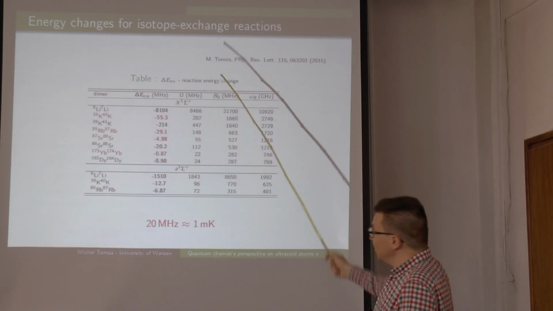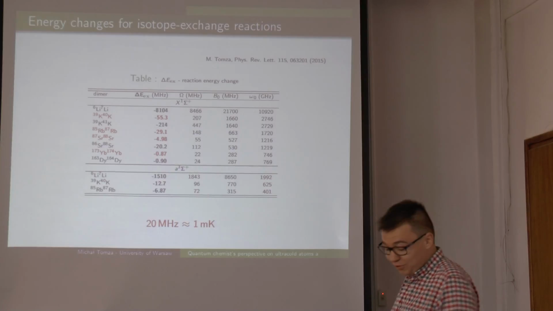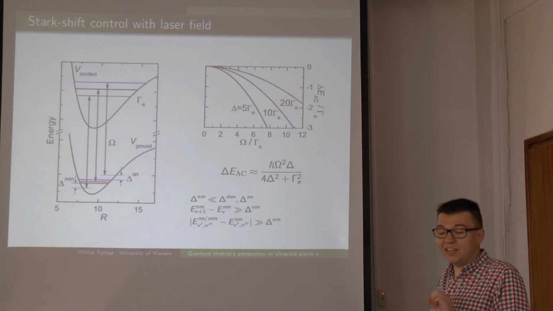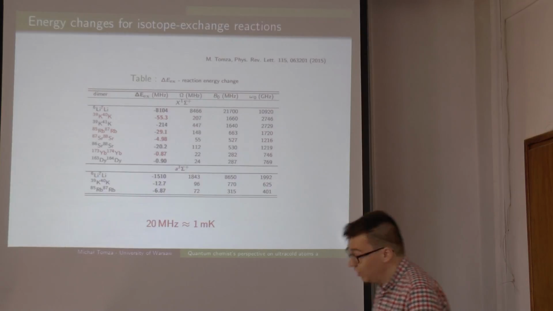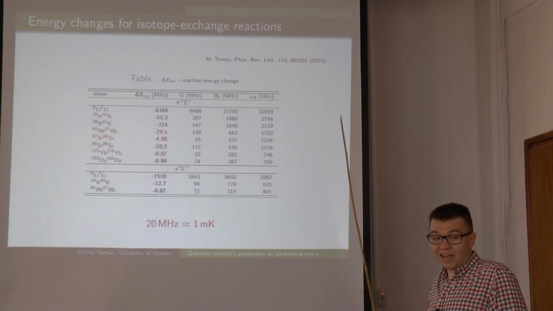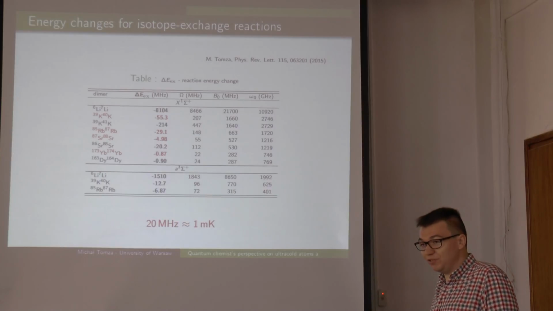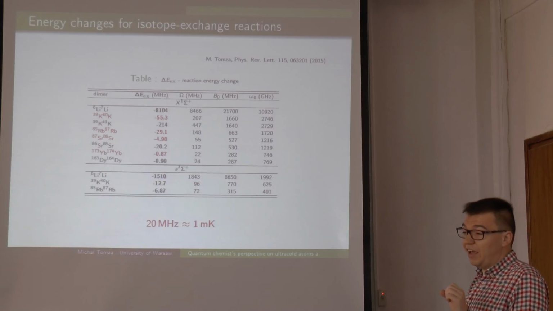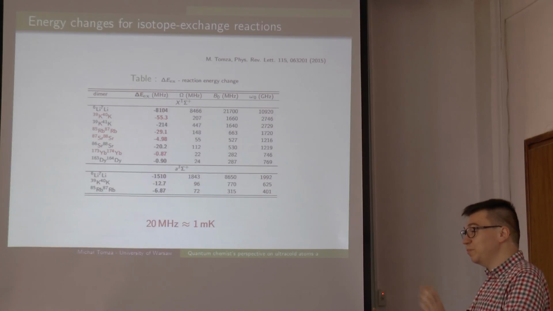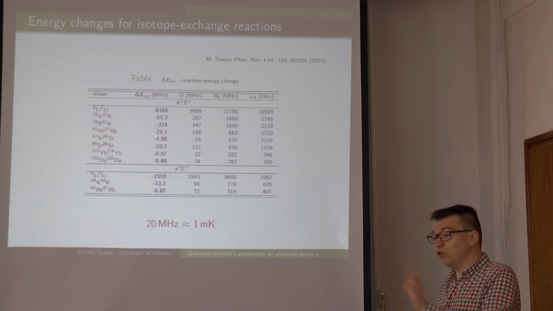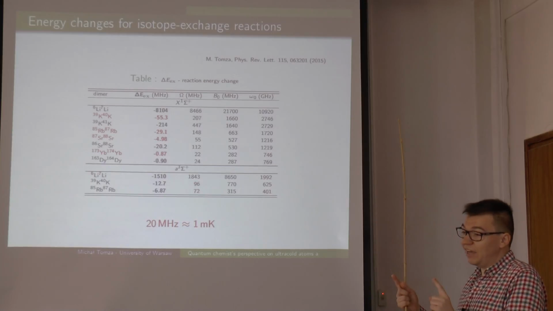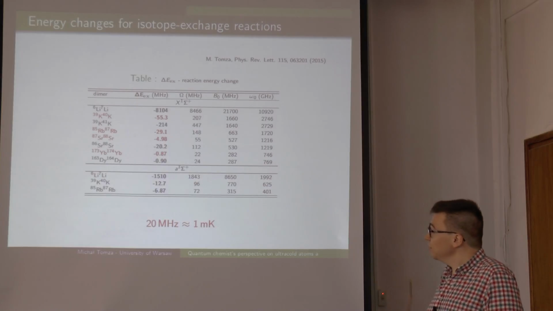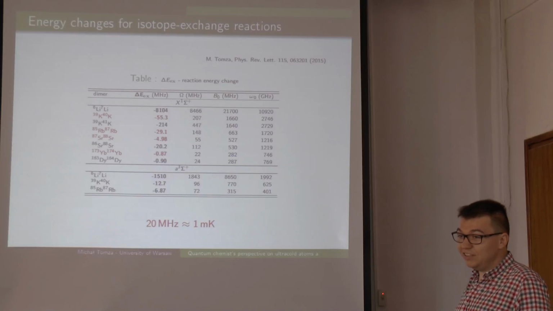Okay, so we have this simple energy release, and can we do something else with this? The idea is, we have the energy release. Can we control it? I showed the results for the potassium rubidium molecules, which have a dipole moment, and lots of control was presented by applying an electric field to control the chemical reactions, by aligning the dipoles or changing the rotational states. So then the question is, can we control this kind of reaction in similar fashion?